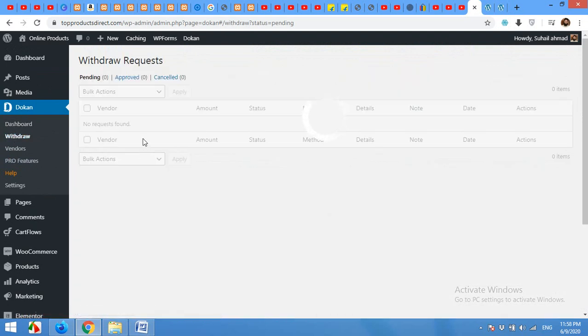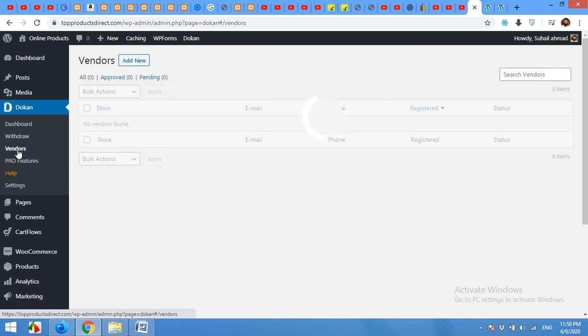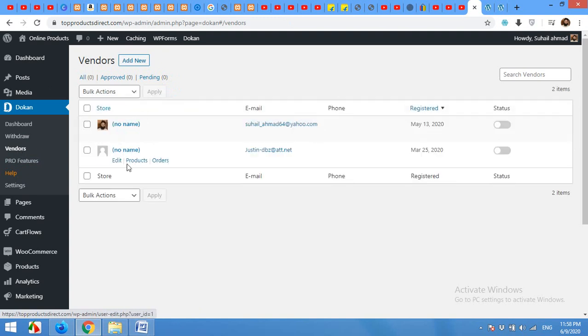Withdraw means whenever a person tries to withdraw money, with an account that has more than $200 in it, you will receive that request here, and you can process the request after you check it. Okay, you can also see how many vendors you have in this account, and there are also some pro features, but we will stick with this free version because this plugin has all the options we need.